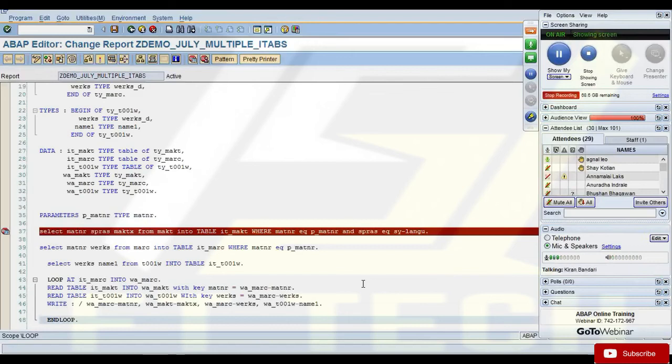If you want to fetch data from multiple tables in one go, you can use joins, or we can also use something called FOR ALL ENTRIES. So by using joins, you are actually comparing data in one database table with the other database table and then bringing the data. By using FOR ALL ENTRIES, we'll be comparing the data in one internal table and then bringing the data from a database. So you're actually scanning an internal table here. Scanning an internal table would be much faster than scanning your database tables. So using FOR ALL ENTRIES is more efficient than using joins.